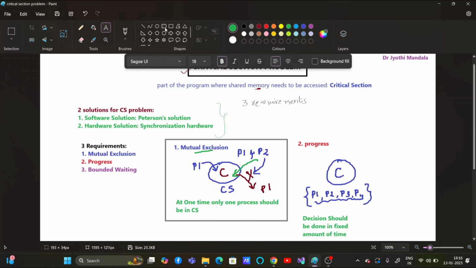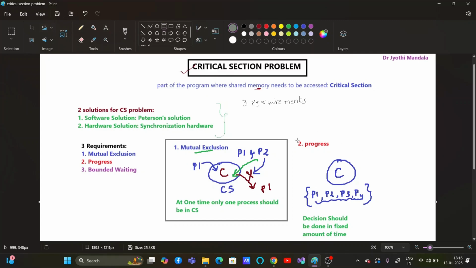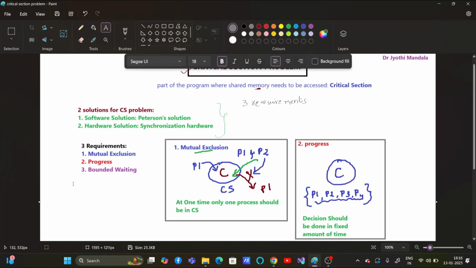About progress. The last requirement that has to be satisfied is bounded wait. Note down that one. Let us have a discussion about this bounded wait. Bounded waiting is nothing but